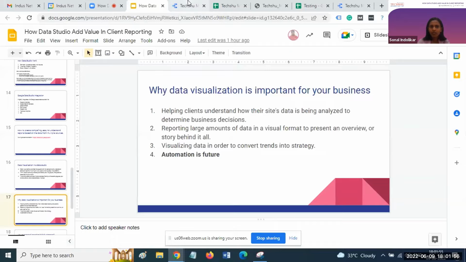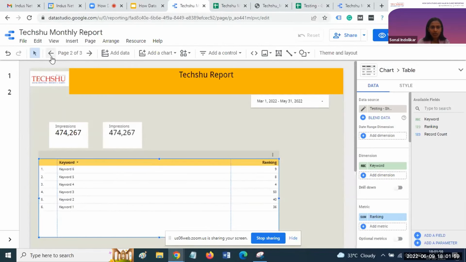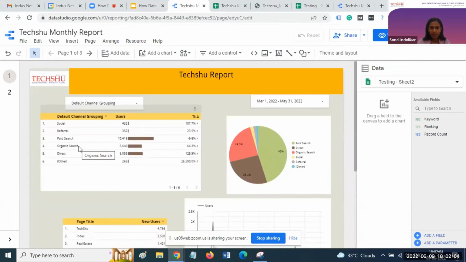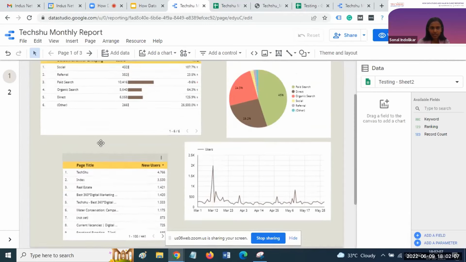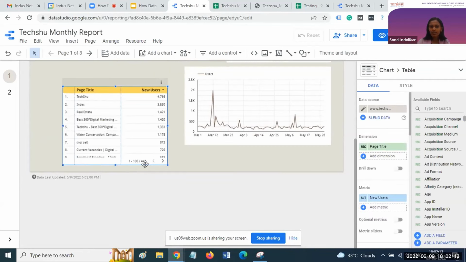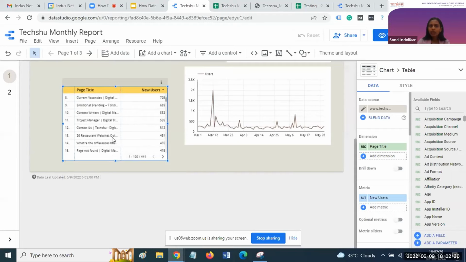So for example, if I show you, okay, this is our page title related table. Right now there are 441 rows available in this particular table, so Google Analytics has shown the data for these. If you want to do it in Google Slides or Excel format, then you need to do manual work. But in Data Studio, you have an automated option. You can directly import all the 441 rows in Data Studio.